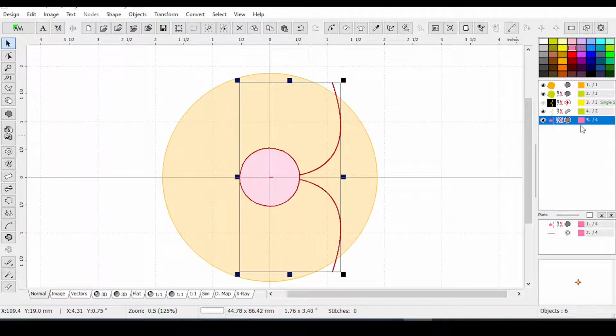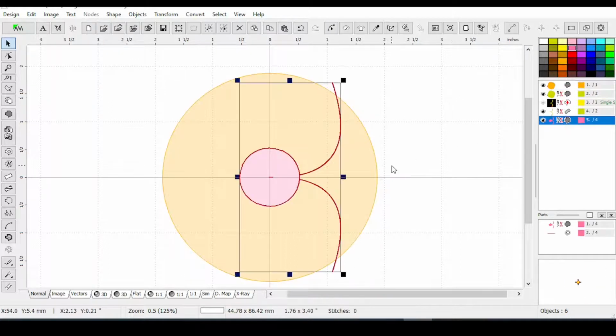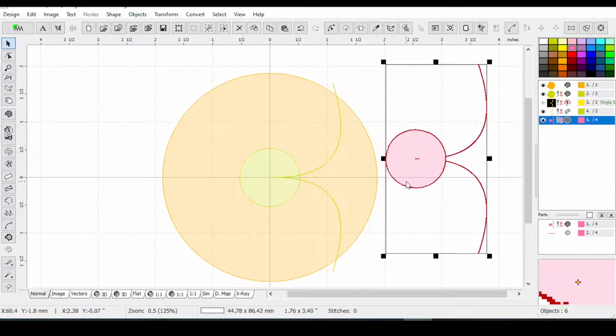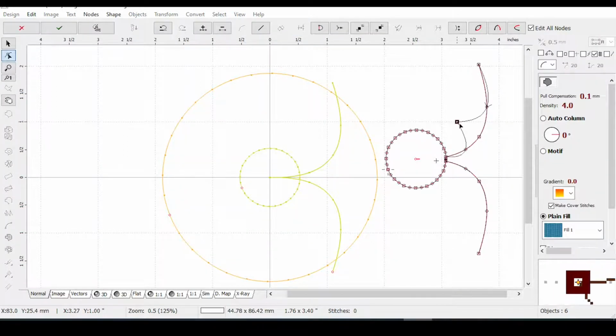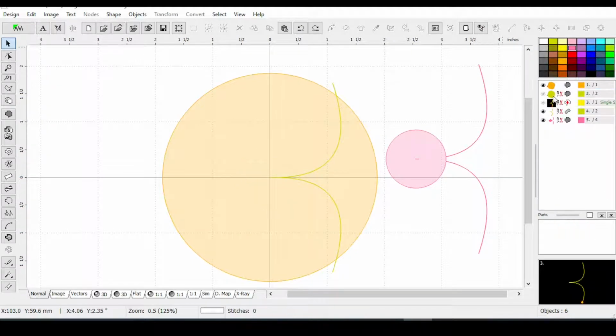And that shape actually can cut the circle now. So with the shape selected, I'll go to the big circle. And let me just show you before I do that. Here's this shape. There it is. It's a column, which is really acting like a fill now. If I hit Edit, there's two nodes there. It's a fill. It goes up and then comes back. So it's a fill. And if I hide the circle inside,